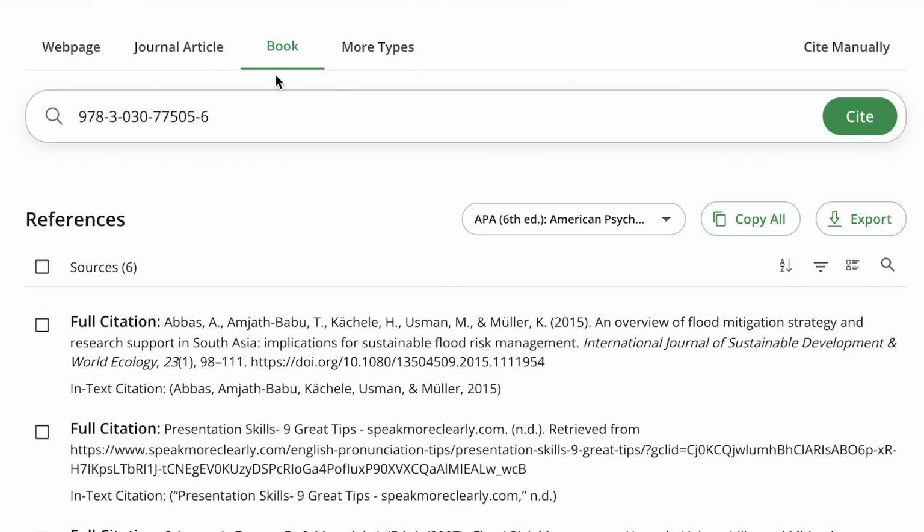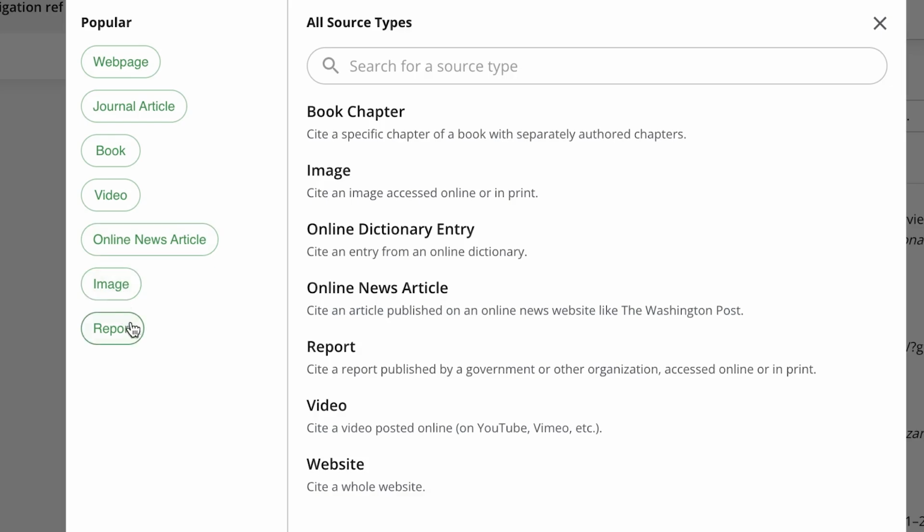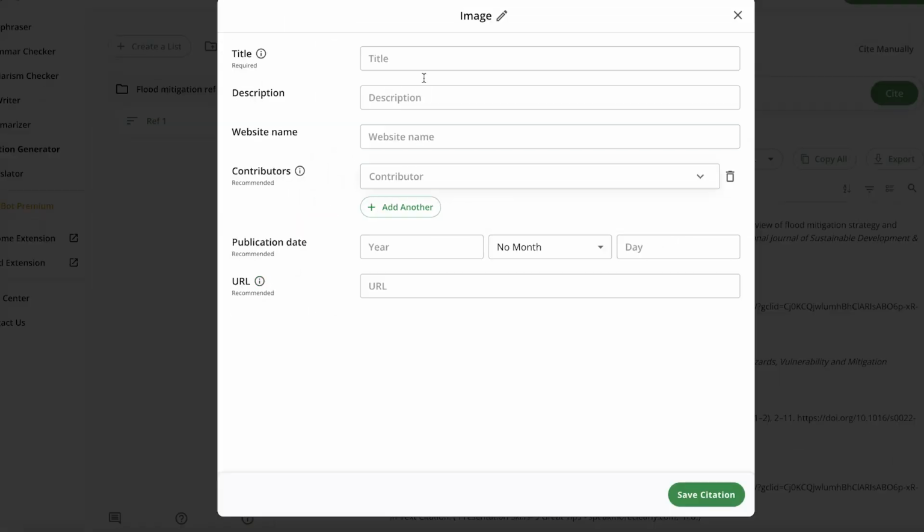Okay, so this is basically how to add citations from journal articles, book chapters, web pages, and other types. Also, you can see more types from here. Is it a web page, a book, a video, or an online news article, or an image or report? You can see any of them, and you have the option to see what is needed of you to put. Okay, you can see the details from here, and once you say save citation, it's going to save it